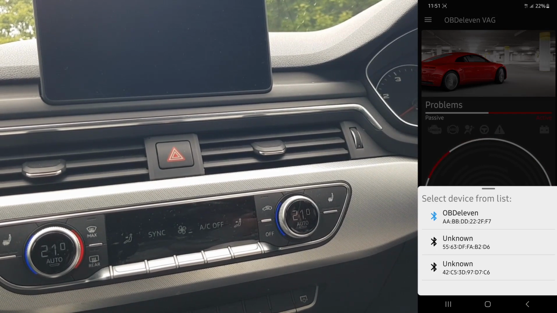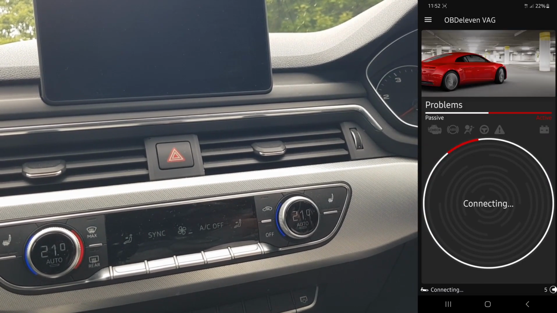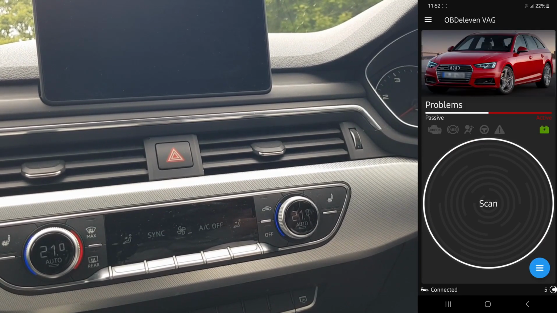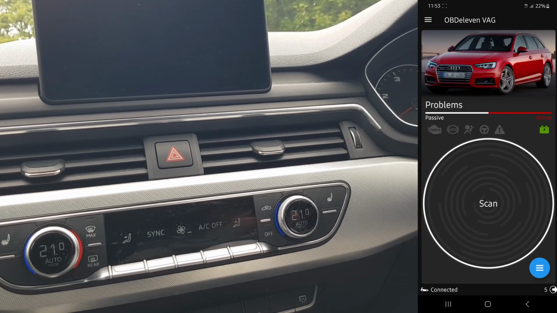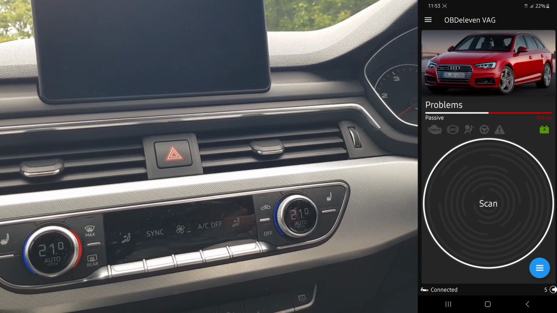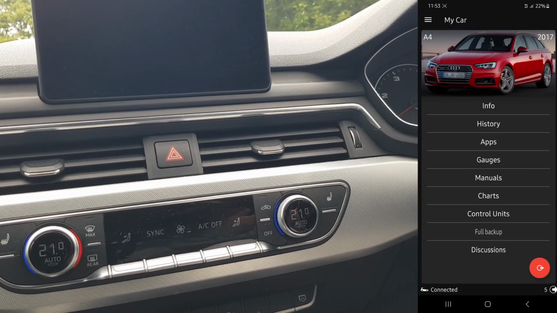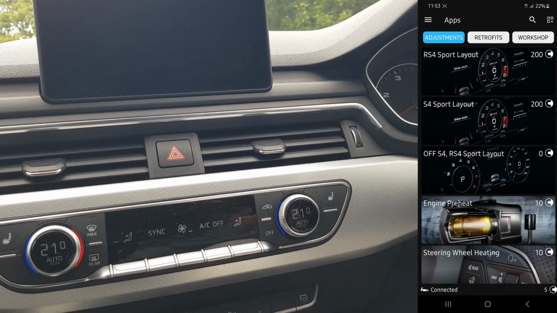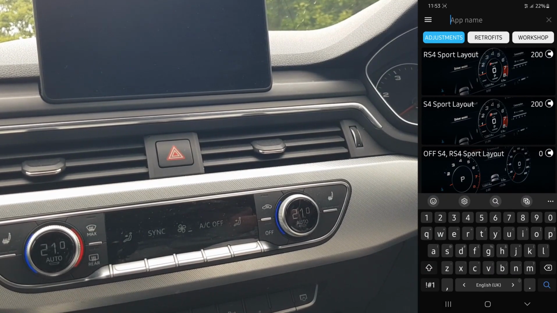Click on this one and you wait for it to connect. Once it's connected, you can see the screen. You can scan for any issues, I'm not going to do this now. I'm going to go on the top left, the 3 arrows, then I'm going to go car. Then you press apps. So the first adjustment I want to show you is you type